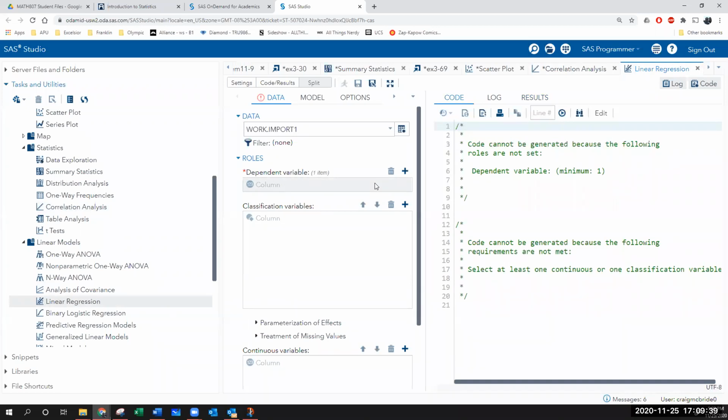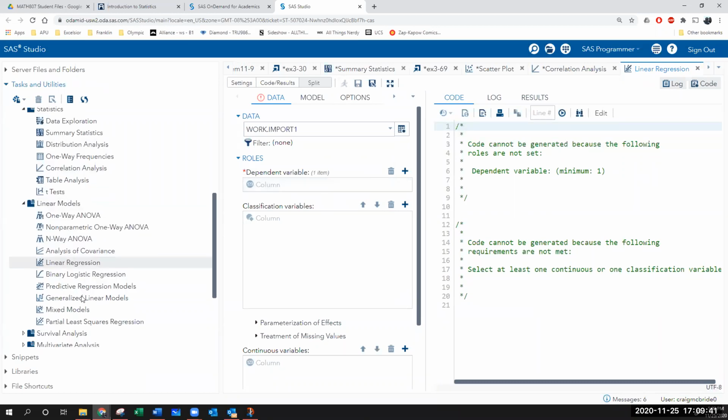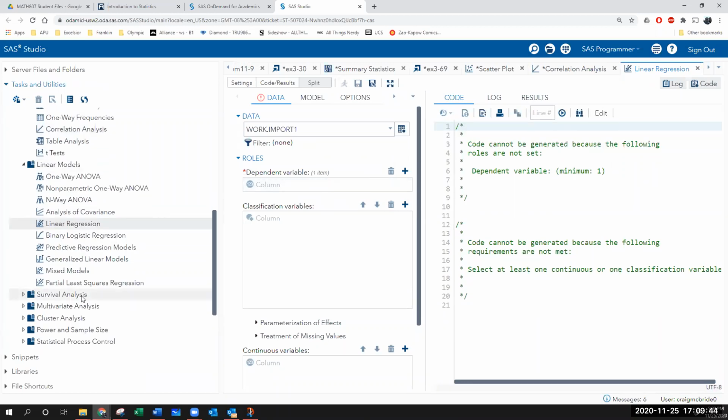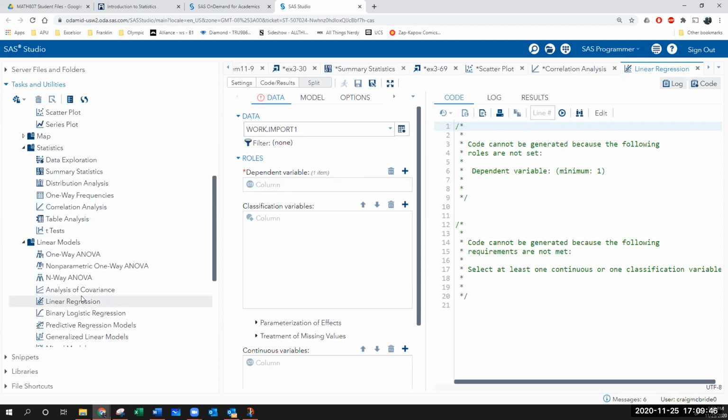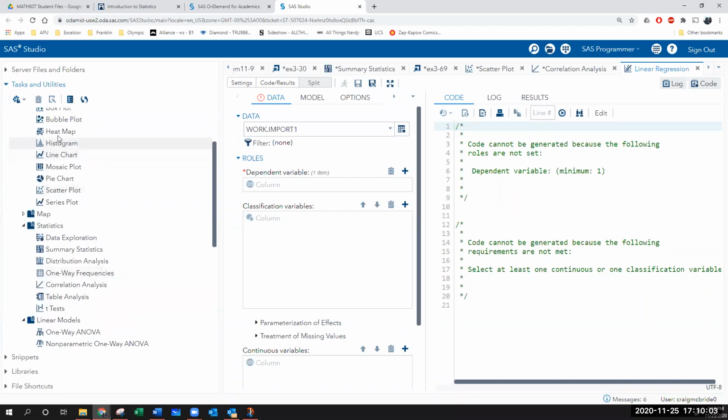But, and here's the thing, guys, the linear regression tool is a little less than user friendly. So I'll show you what I mean. If you wanted to try and get it all at once, I personally would just say, screw it. Just run the scatter plot, run the correlation analysis as two separate things, and you're good to go. Because those are both very cut and dry, easy, double click, put some stuff in, run, and you got an answer. They're very intuitive. They're very easy to understand.